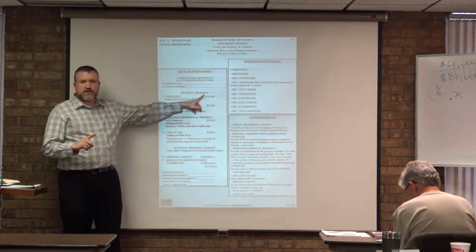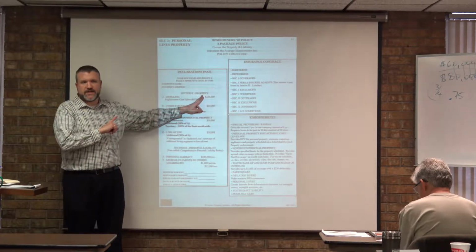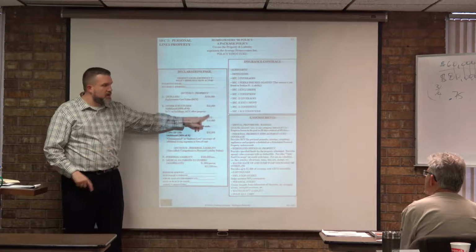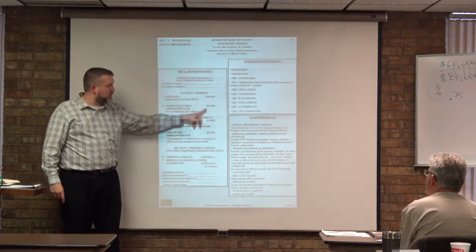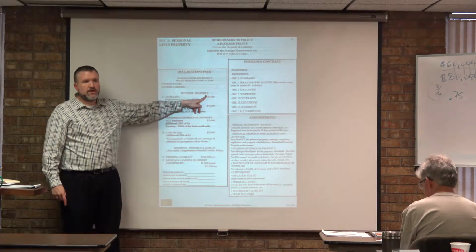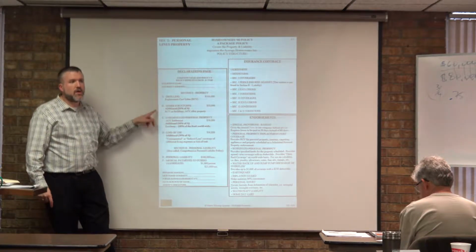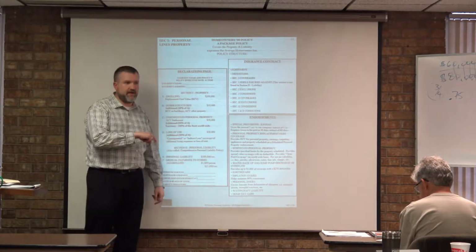Just because you own a $100,000 home does not mean that's where they're going to stop. This limit doesn't affect this. This one doesn't affect this. This one doesn't affect this. That's why we call these additions. Do you see that term right there? That's why we call them additions. It's because one limit does not affect the other.